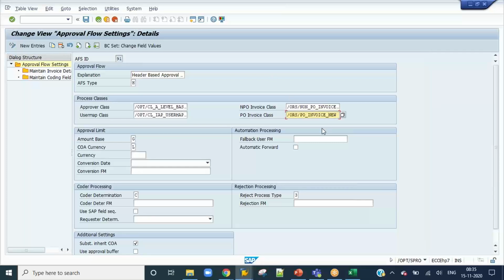So non-PO alone is working AFS ID based, but PO they tried. Sometimes it is working, but it is not up to the mark of what they expected. For one level it is triggering, for multi-level they are facing some problems. So that is the reason we discussed the approval workflow for PO in a different section, where if we want to customize